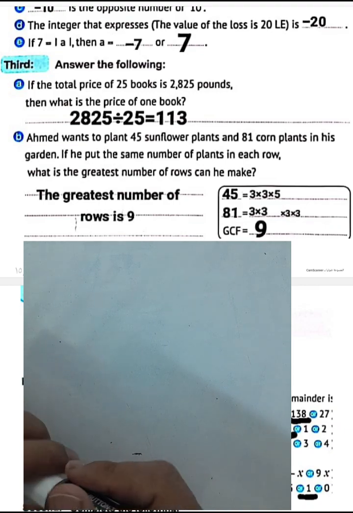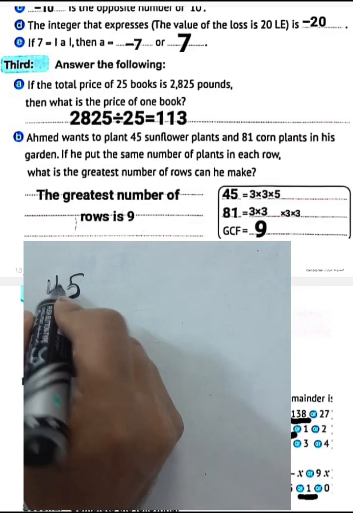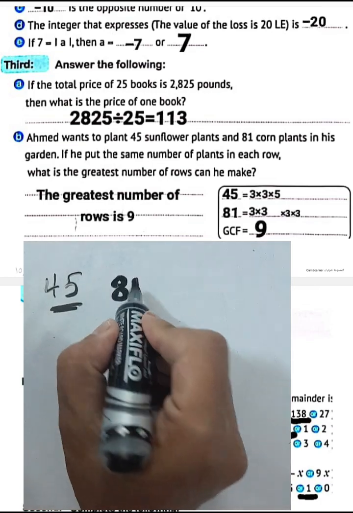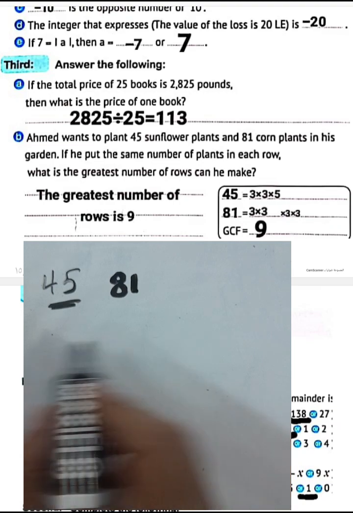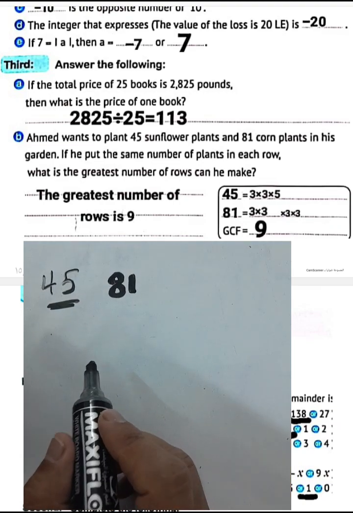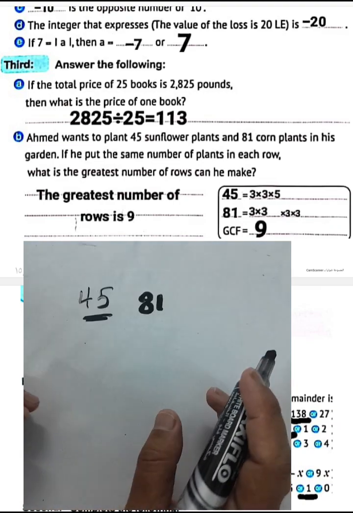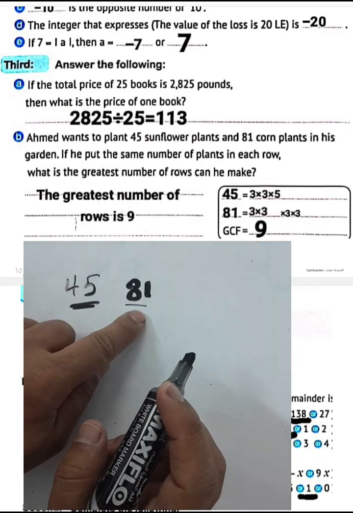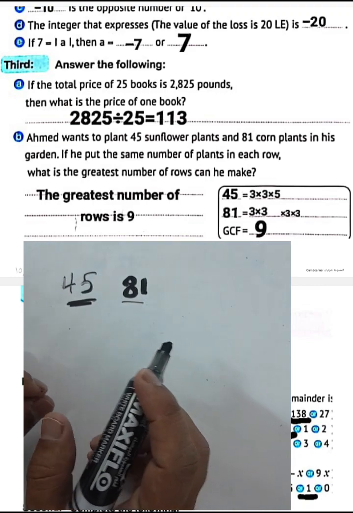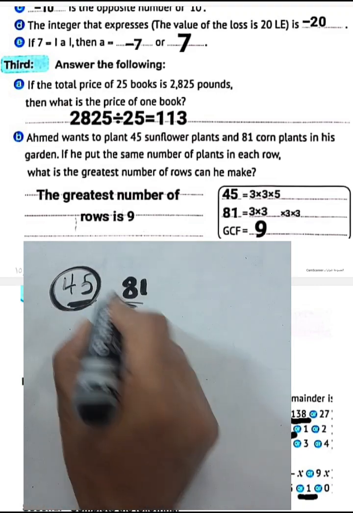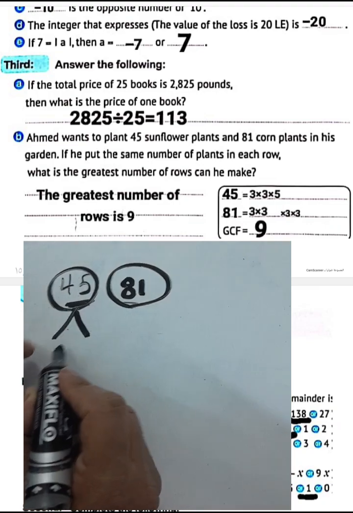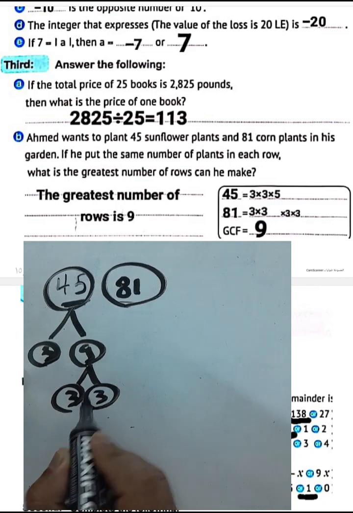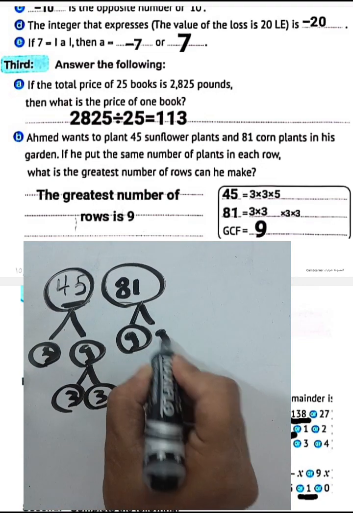Ahmed wants to plant 45 sunflower plants and 81 corn plants in the garden. If he puts the same number of plants in each row, okay, we want to find how many rows to put 45 and 81. We use this method, factorization of the two numbers. The first step, 45 equals 5 times 9, and 9 equals 3 by 3, and 81 is 9 by 9,